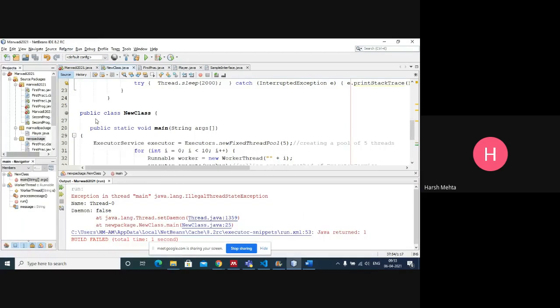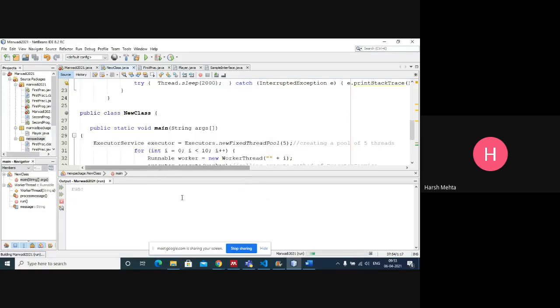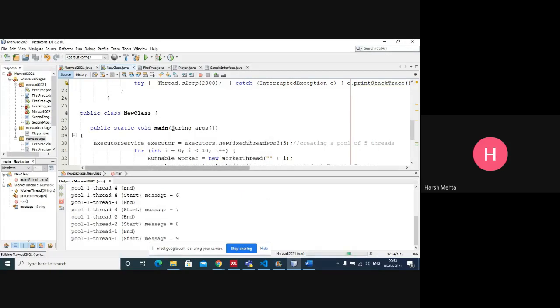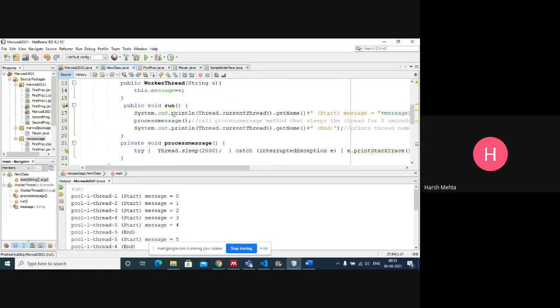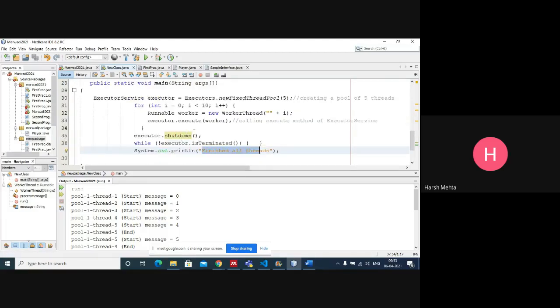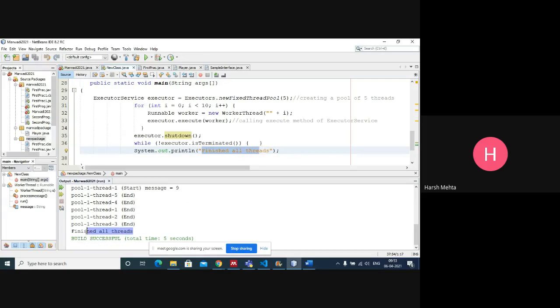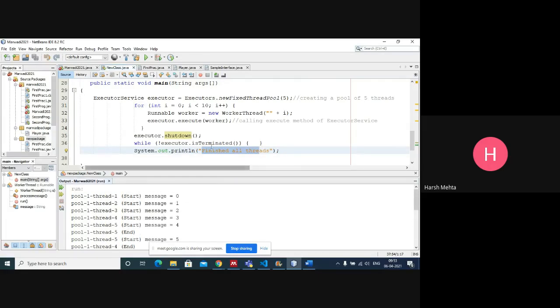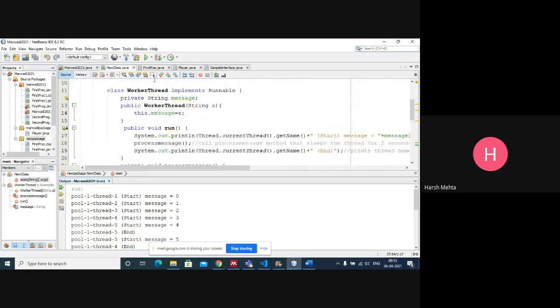Right click, run. Now you see, first it prints all these things because it's in a loop. Once the loop completes, we have finished all threads. So yeah, this program is a little bit odd.